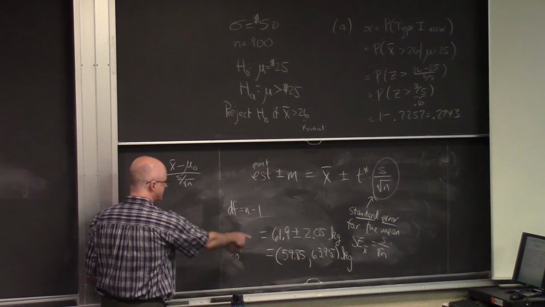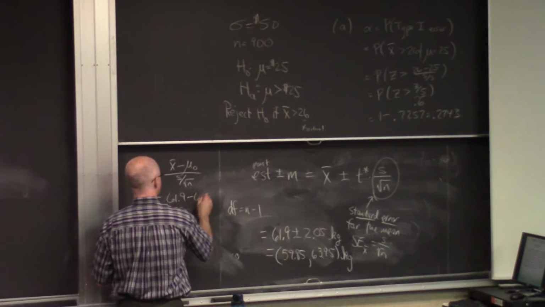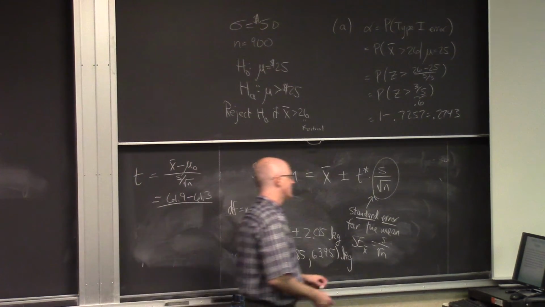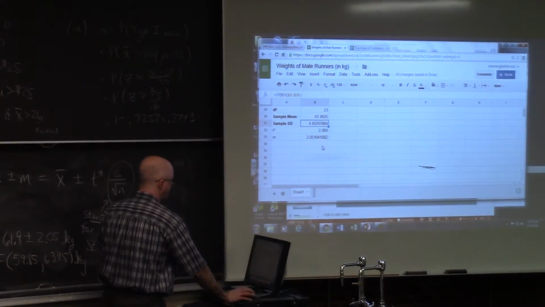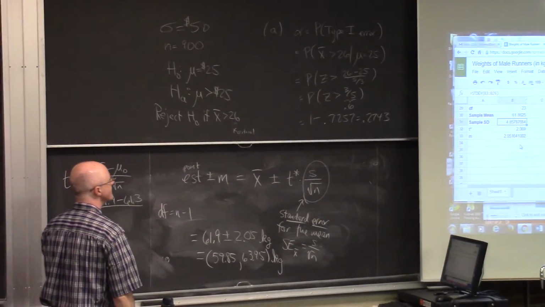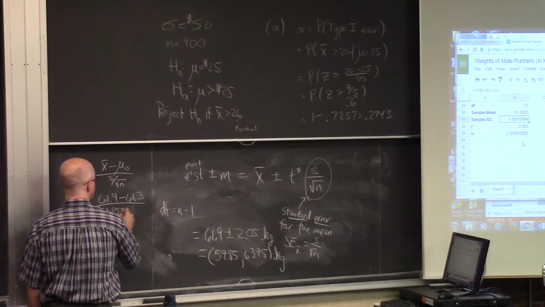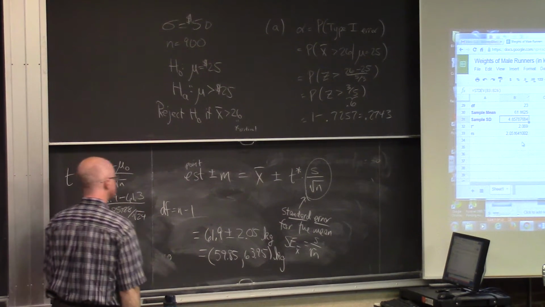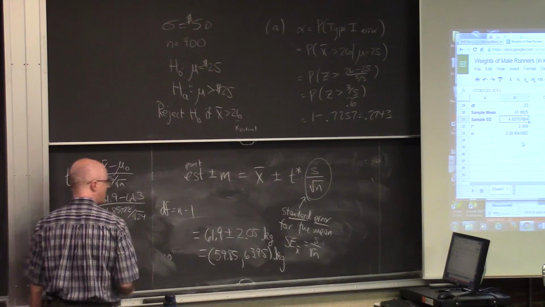What did we get for x bar? We got 61.9. What's the null value I'm considering? It's 61.3. S, I forgot S. Go back to the spreadsheet. S was 4.85788. Let's approximate it to that. Divide by square root of 24. The top is going to be 0.6. The bottom will be,